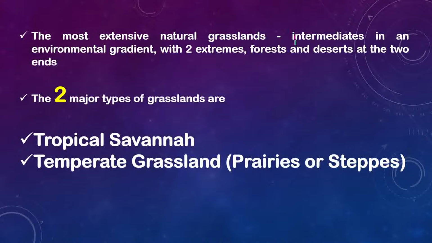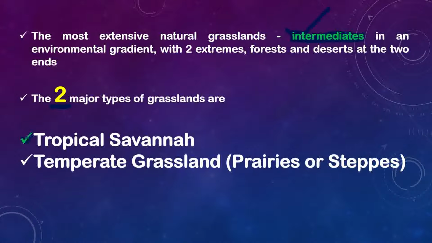So grasslands can be considered as an intermediate, with two extremes at the two ends. Right? Now we'll come to the two major types of grasslands. What are they? One is the